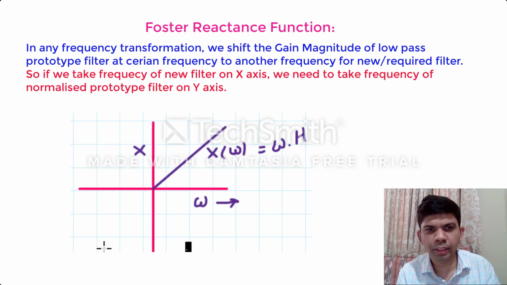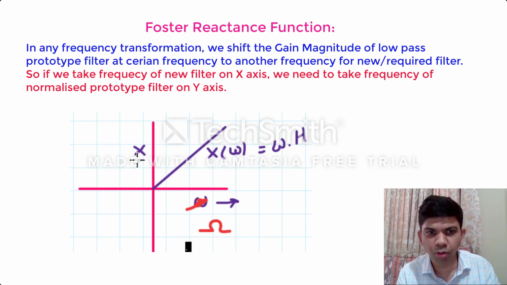Okay, out of the total 8 characteristics given by Foster, we have one of the characteristics here which shows the variation of the reactance X versus the frequency omega. This omega is actually 2 pi f, but we don't use it in designing H(s), the filter transfer function. Rather, we prefer to use this omega which is in radian per second. So let us replace this omega by omega. I can do it, right?